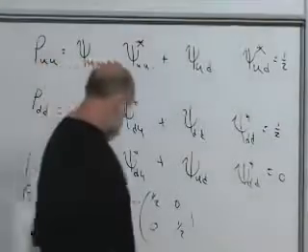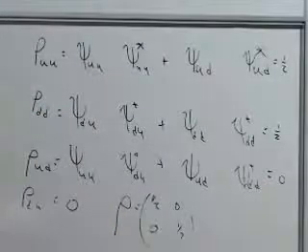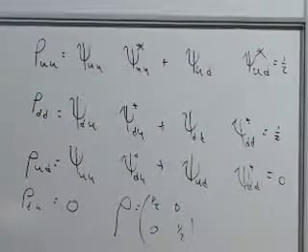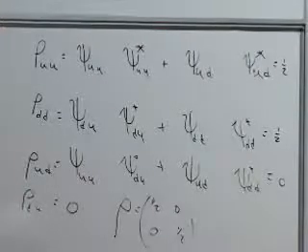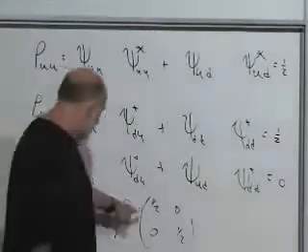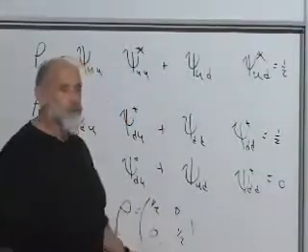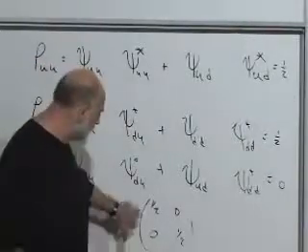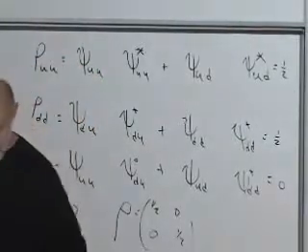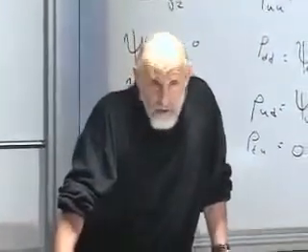And what's the entropy? It's 1/2 log of 1/2 plus 1/2 log of 1/2. Altogether that adds up to log of 1/2. Log of 1/2 is minus the log of 2, but we have a minus sign in the definition of the entropy. So it's log 2. That's the maximum that the entropy can be.